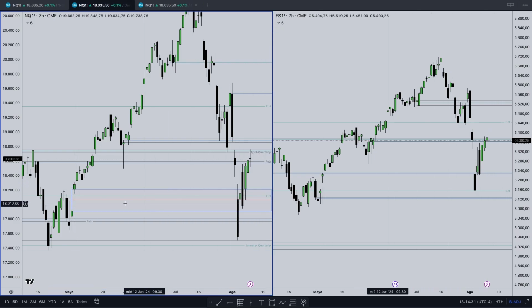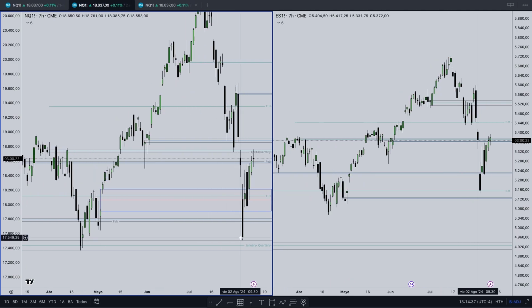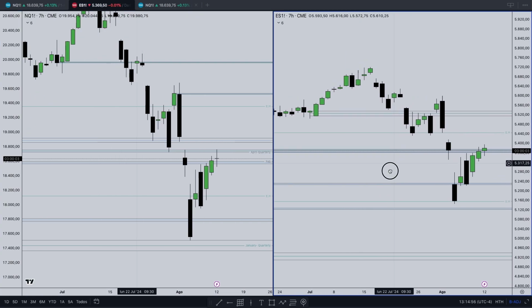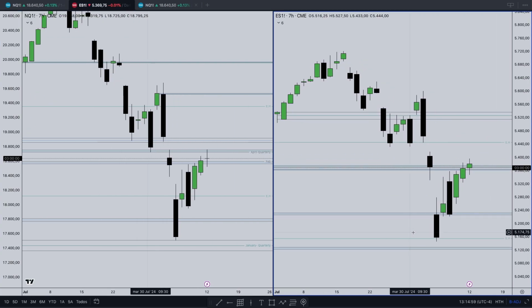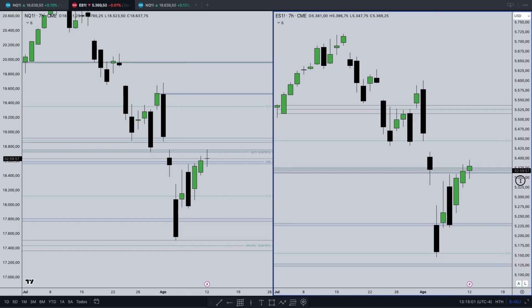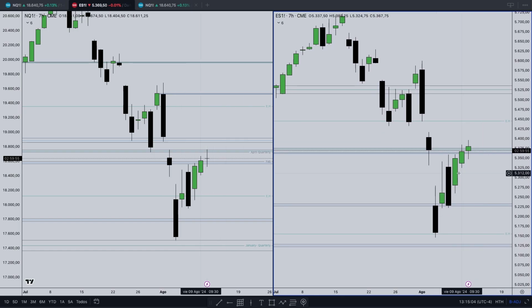Okay, so we touch the quarterly opening, that is the yearly opening, and then close the next day just above the 50% of this gap, and move to the upside to reprice all this inefficiency from the weekend. So look at the relevance and importance of having this. It's actually really amazing to have this in your chart to navigate the high time frame order flow; it helps you a lot,